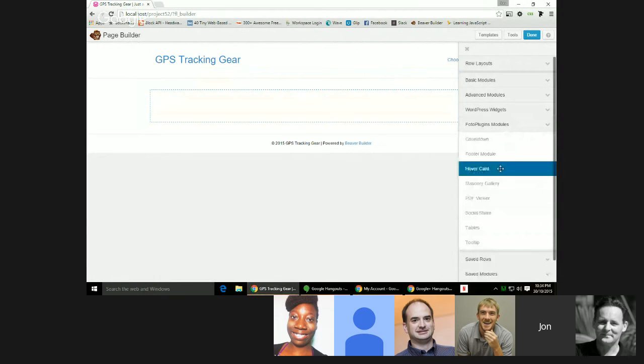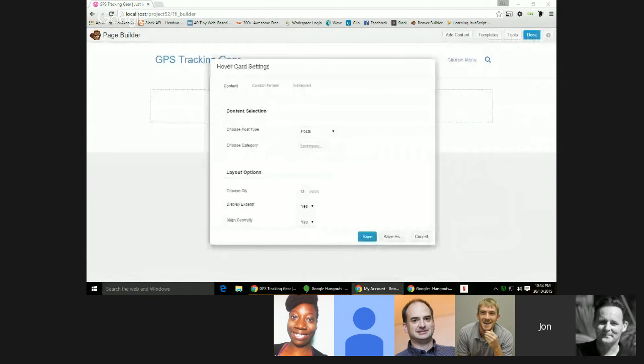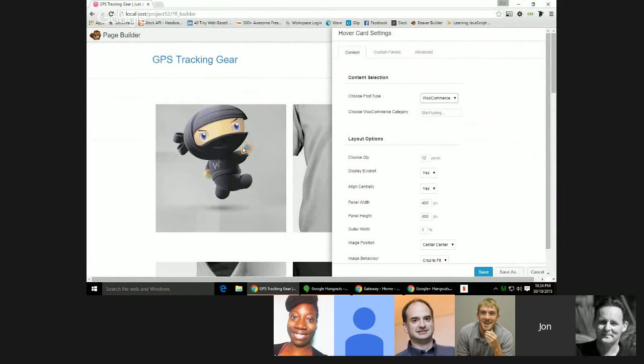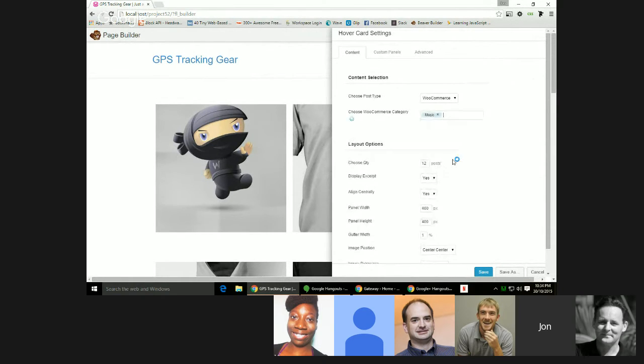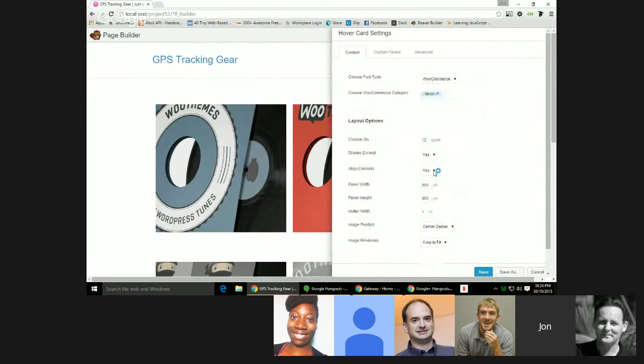Okay, so the next module is hover card. So in the hover card, we can choose posts. It's not going to show any posts if I hover over here, because there's one post in here, but I do have the WooCommerce installed. So here's WooCommerce. We can filter it by category. So if I change it to music, there we go. We can filter that by categories, how many posts we want to show, whether we want to show the excerpt,